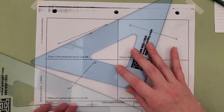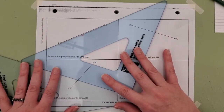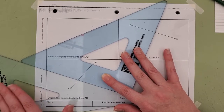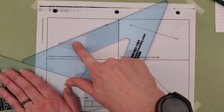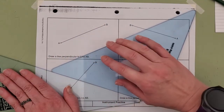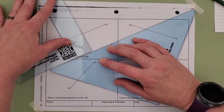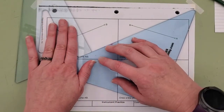So the first trick is for us to set up a triangle that is right along the existing line, and then we place another triangle right up against it. Now, when we hold the second triangle still, we can pull this back. See how it slides? And now we can hold the first triangle still and create a 90-degree angle. See the 90 over the existing line,